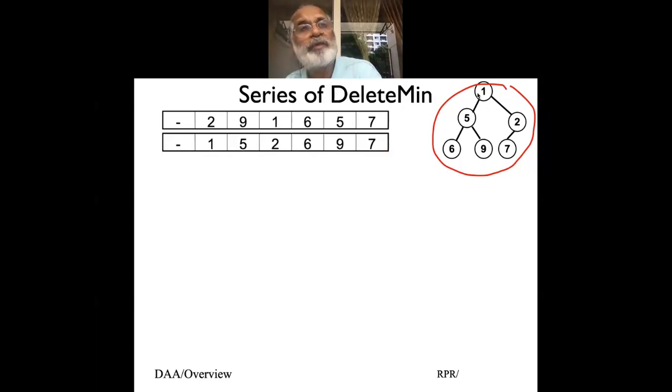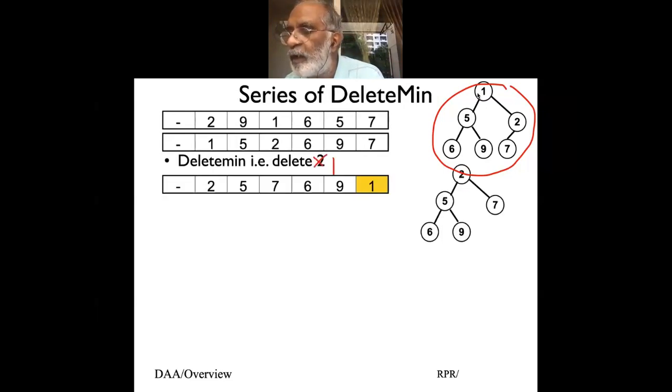Now to perform descending order, we do a delete min. That means delete 1. But this will be delete 1, not delete 2. Delete 1, and 1 goes to the last index, and do the same thing. Take the last element here. So essentially what we are saying is